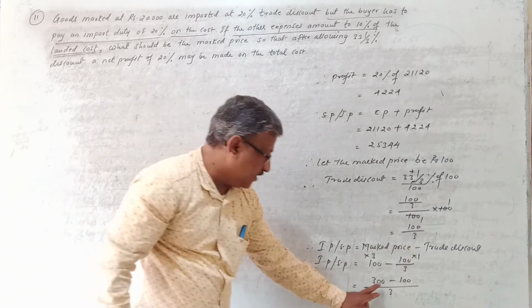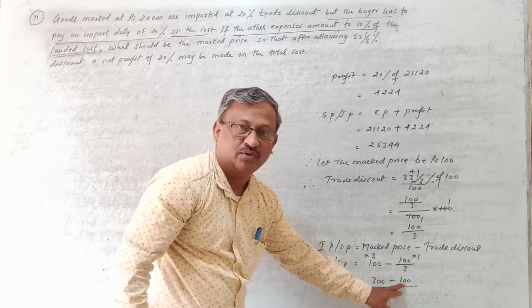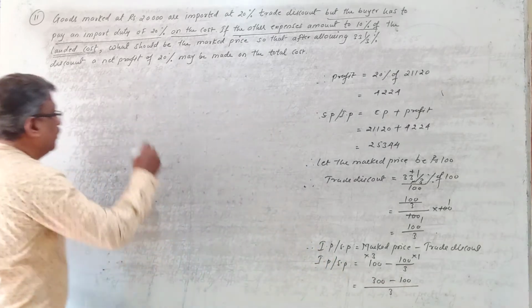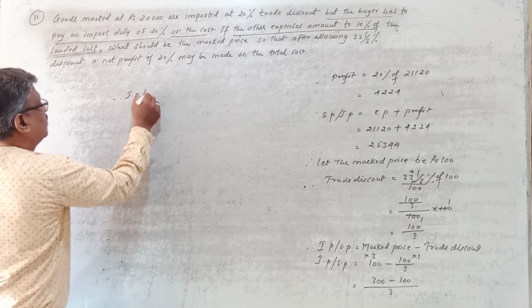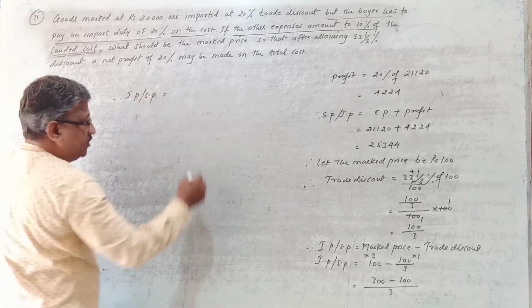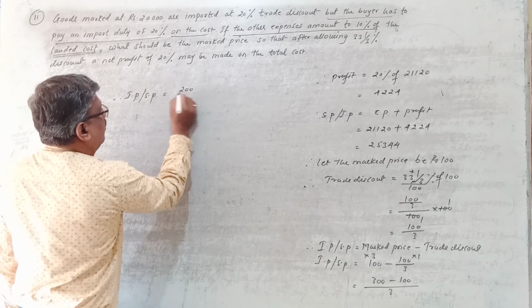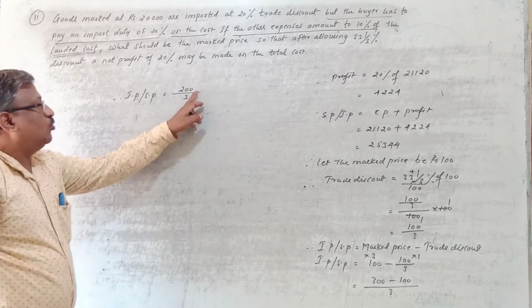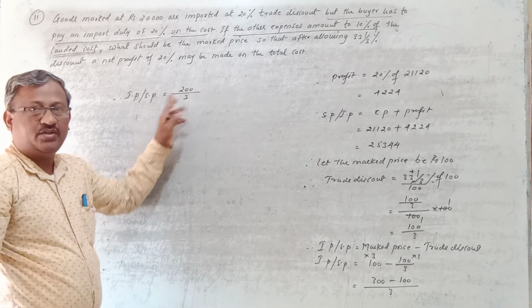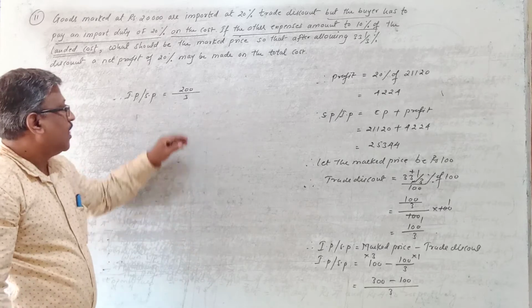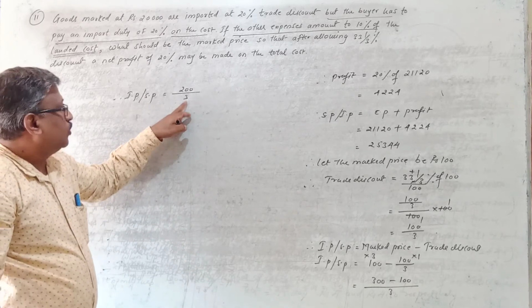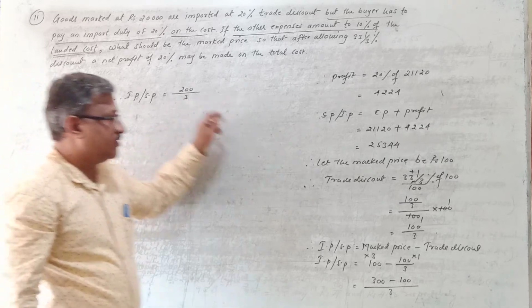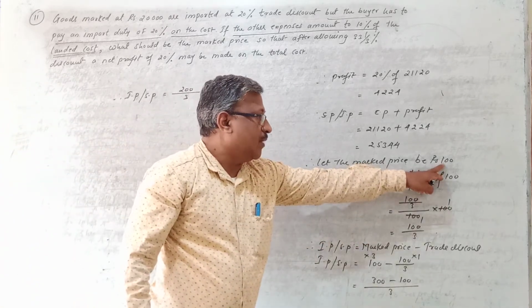Now we can minus this. From 300 you minus 100. So what remains? It is 200. So invoice price or selling price is equal to 200 upon 3. Again, 200 is not exactly divisible by 3, so you don't divide it, keep it as it is. Means our selling price or invoice price comes to 200 upon 3. So this is the invoice price or selling price when his mark price is rupees 100.